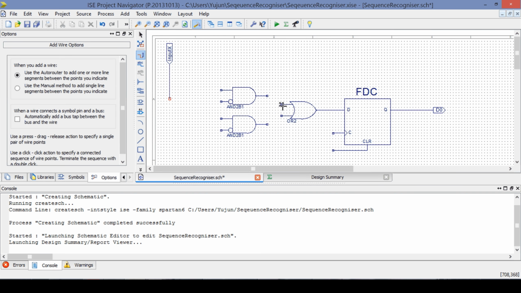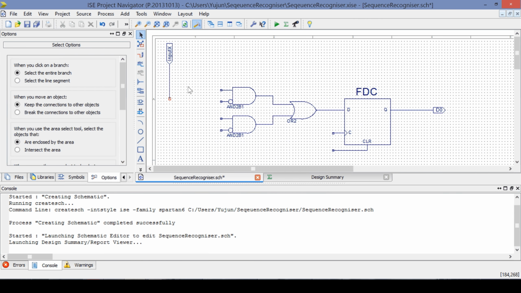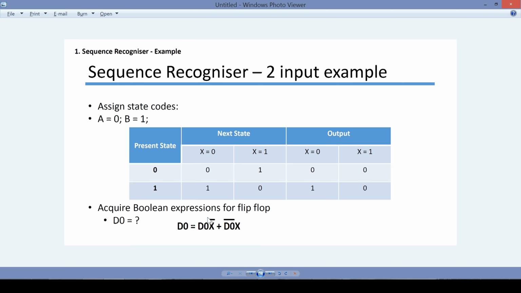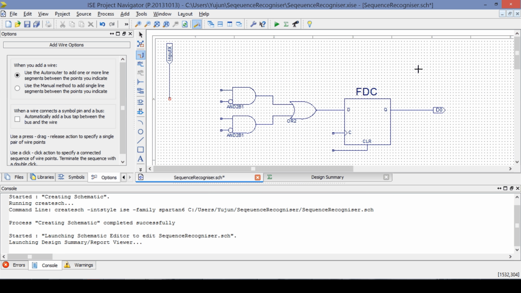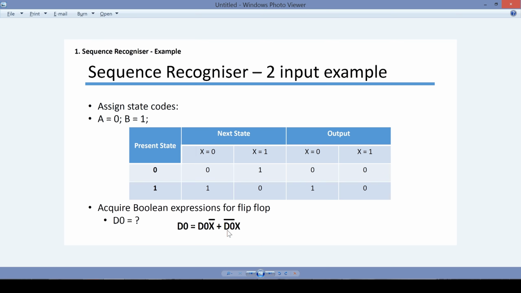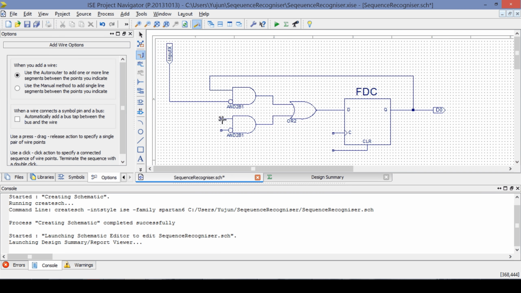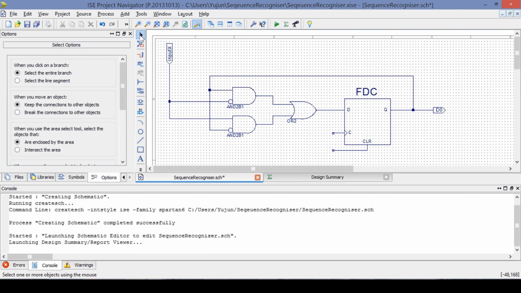Now let's link the products into the sum, which is your AND gates into your OR gate. In the first expression, you have D0 X bar, with D0 being your output, so you can loop it back in and link it together. This is the inverted input, so you can put your input X into there. And the second expression is D0 bar X, so if you look over here, D0 is now inverted, so that gets linked together, and X gets linked out there. Now if you double check, that's your output D0, that gets fed back into